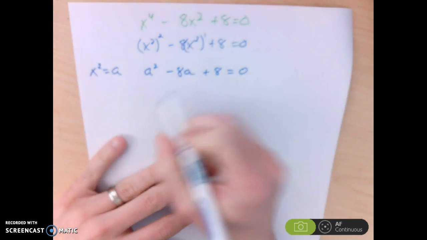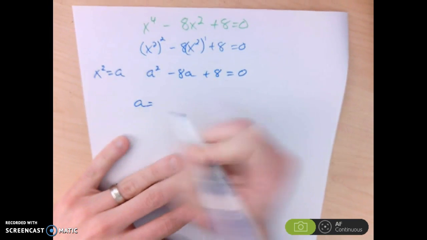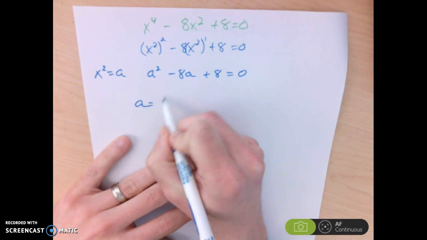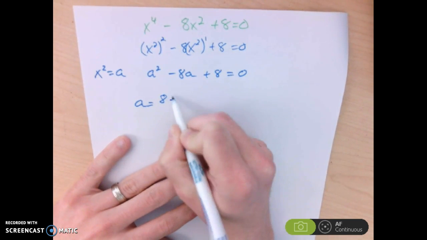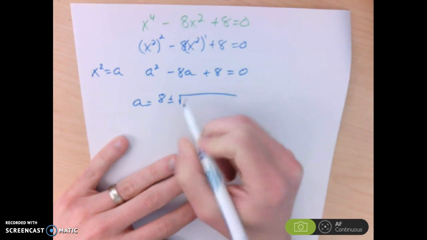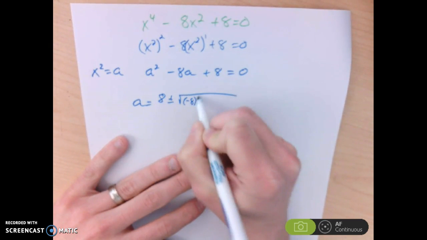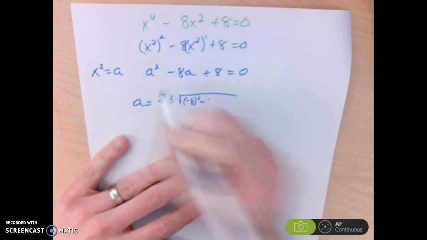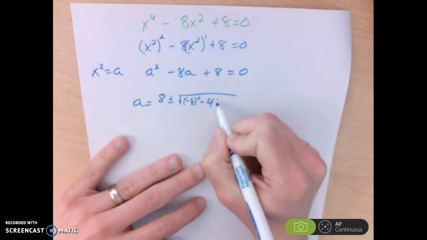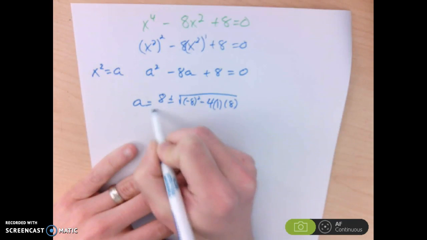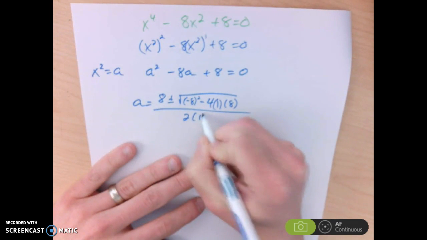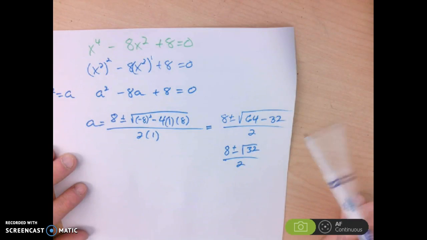So the quadratic formula tells me a equals negative b, so my b value is negative 8, so 8 plus or minus the square root of negative 8 squared minus 4 times my a value, which is 1, times my c value, which is 8, all over 2 times my a value, which is 1. Okay, so I did a little simplifying, and that comes out to 8 plus or minus the square root of